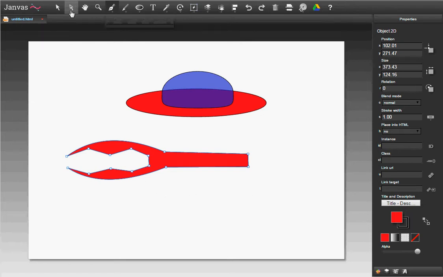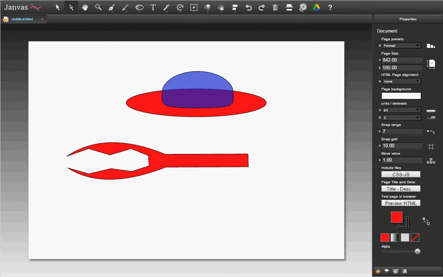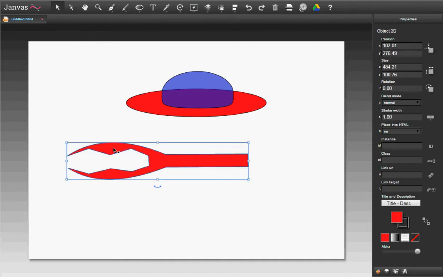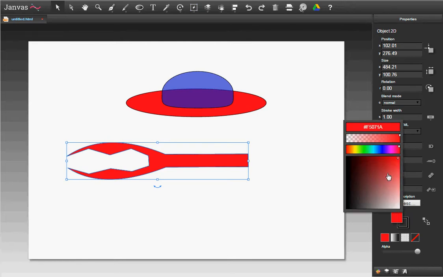Now it may not be perfect. What I can do is use this points selection tool, grab a point, and I can move that point around if I don't like exactly where I placed it. I'm fairly satisfied with this result. I'm going to click the claw, click the color fill tile, choose black,